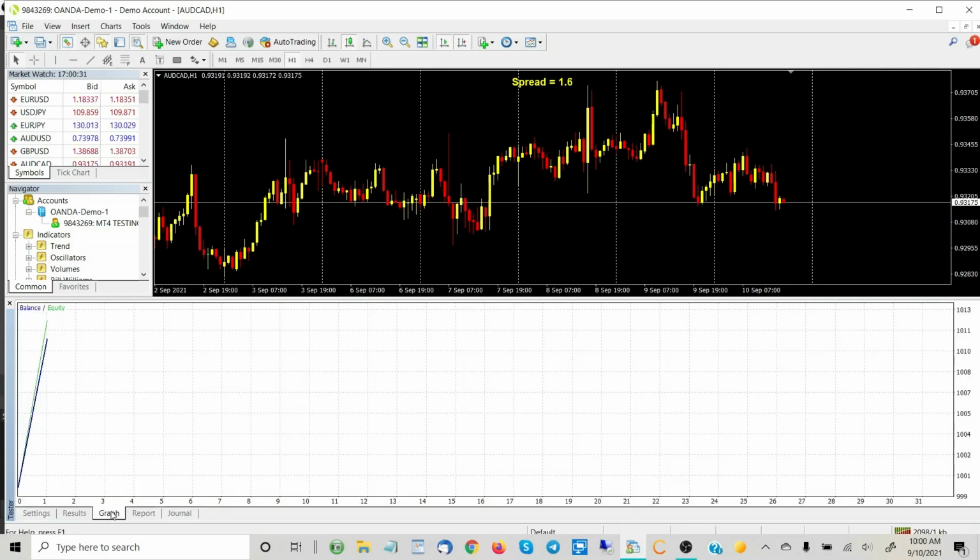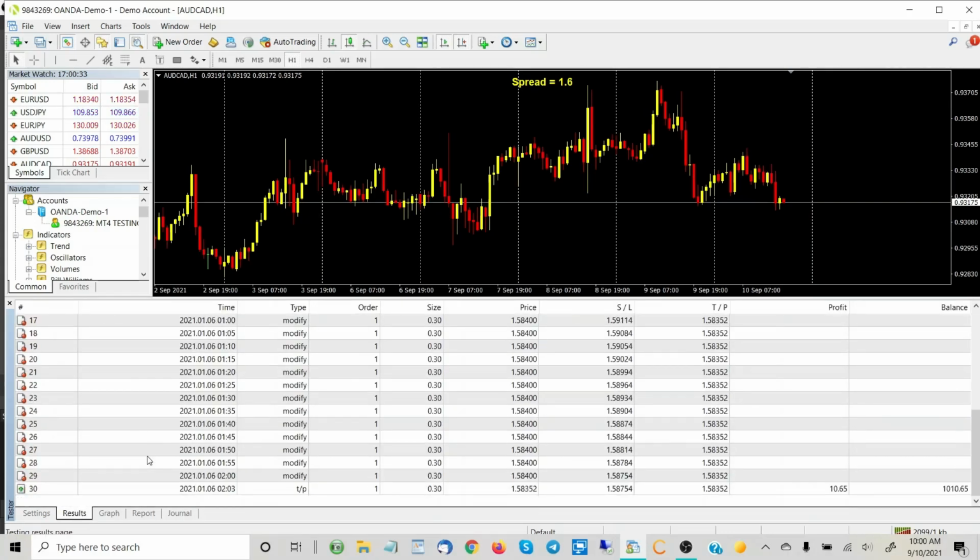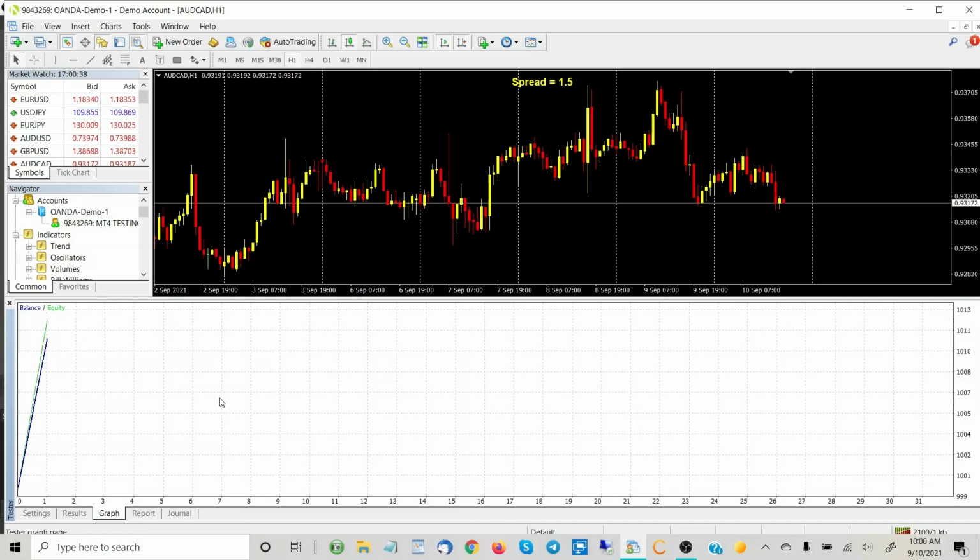You also got to keep in mind that we are trading one pair because we can't backtest more than one pair in MetaTrader 4. That's a limitation in it. MetaTrader 5, if you want to get a feel for how it trades 20 pairs in a backtest, download MetaTrader 5,